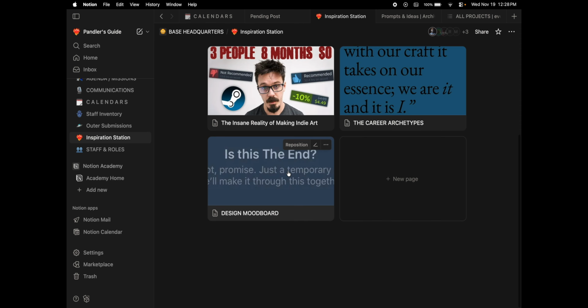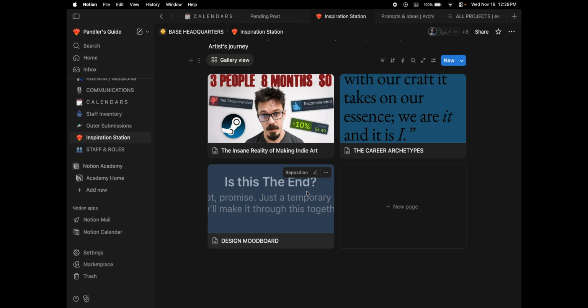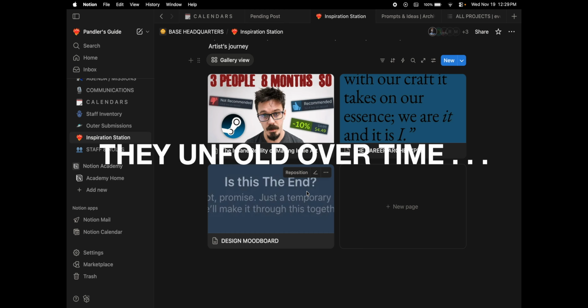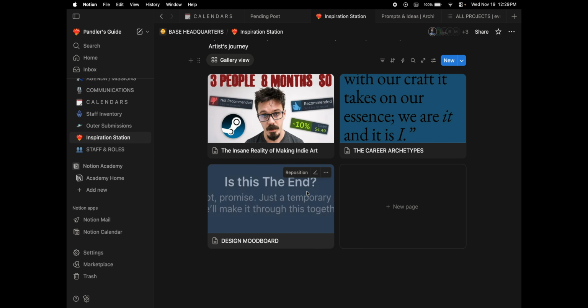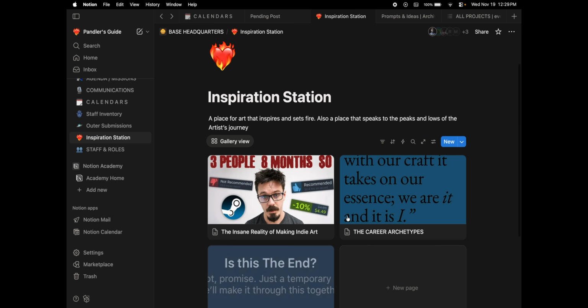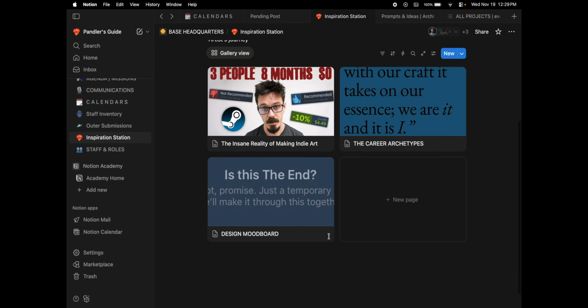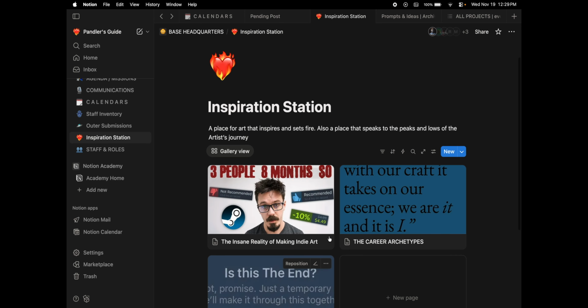Inspiration Station. This is a new space that I just recently created. I haven't had the opportunity to talk about it, but I love it and would like for this to be like a garden where we could bring seeds that we love and we cherish. What is this? Oh, look at that. Handpan is already in it. Handpan already knows what's going on. Love that. Explorations. Yes. Hell yeah. So for those who aren't Handpan,